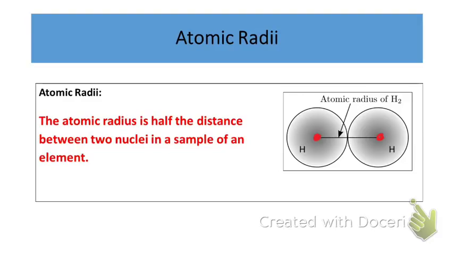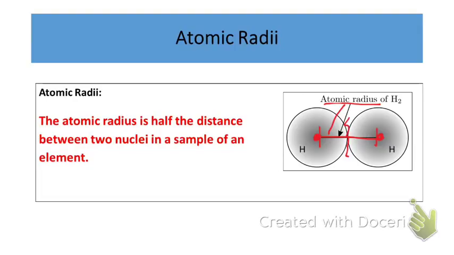So what we do is we have two atoms that are close together or bonded together, and we measure the distance between those two nuclei. Then we cut that distance in half, and that half distance is the atomic radius of that element. It's a rough estimation of the size, but this method is very effective and does a